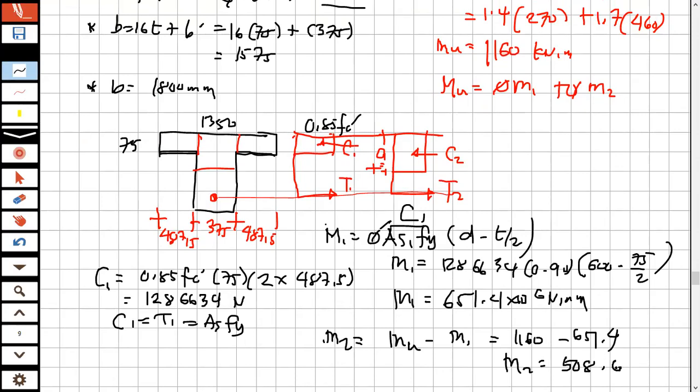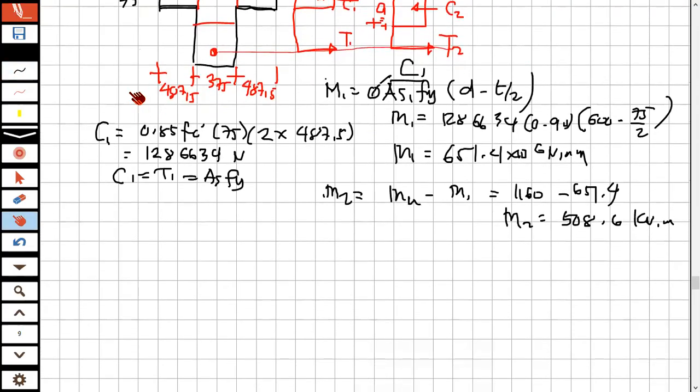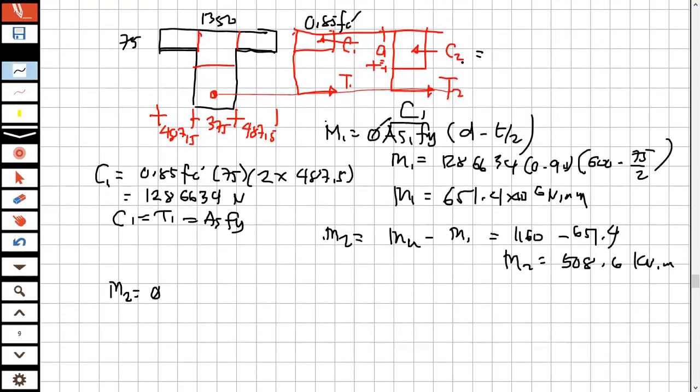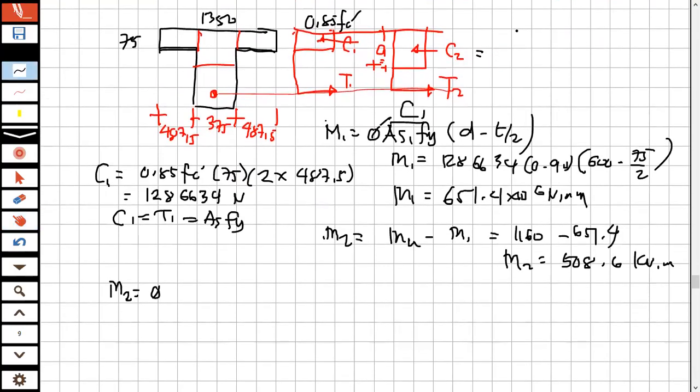508.6 kilonewton meter. Now, since the question is looking for a, we can use this relationship that M2 is equal to phi C2. What's the value of C2 here? C2 here is 0.85 f'c